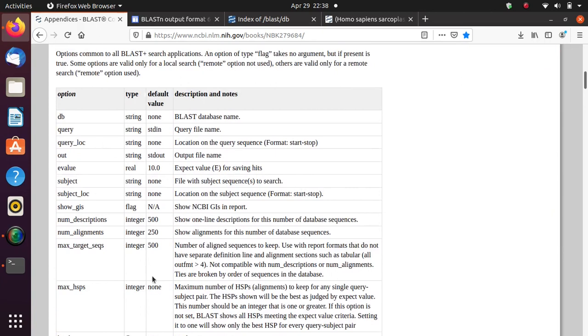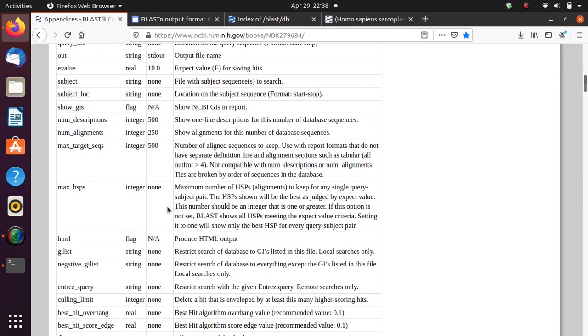Here they have mentioned various options which the BLAST command provides, what each option means, what type of value it expects from the user, whether it is a string, integer or real, and if there is any default value available.